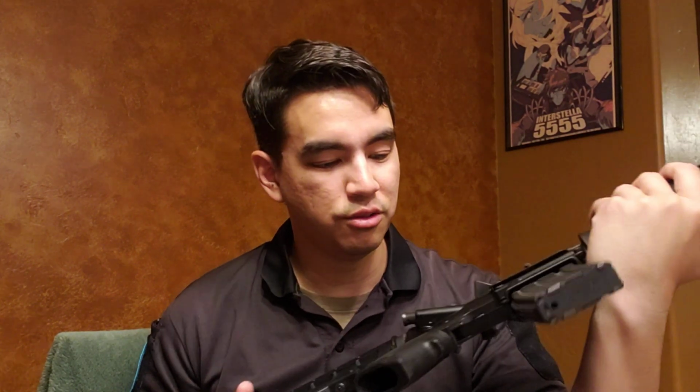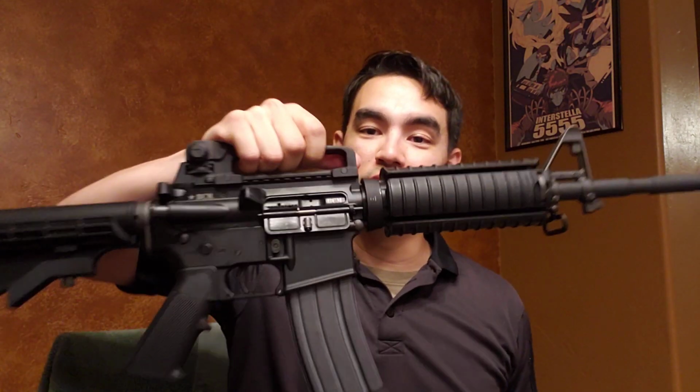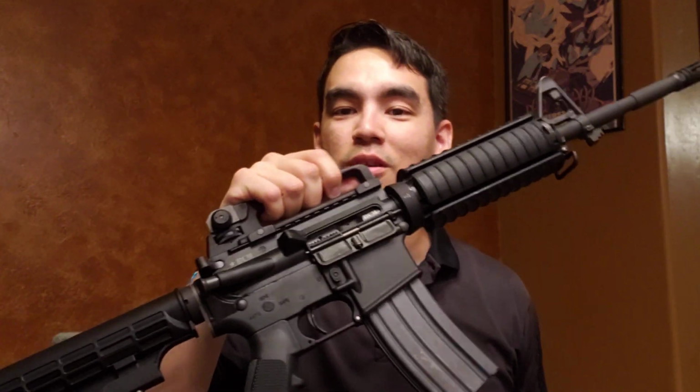So accuracy's there, reliability's there, trigger's okay, it's serviceable. It just works. What can I say, right? So yeah, very happy with it, and I just wanted to bring this to you guys finally, because I've only had it and shot it just a little bit. But never doubt the usefulness of a carry handle. I know they're not in vogue right now, well, not for the tactical community anyways, but